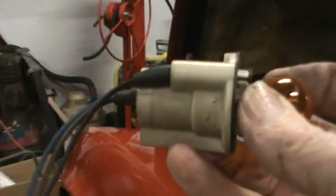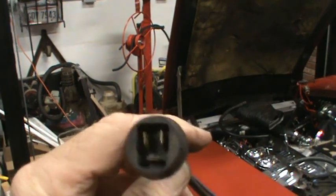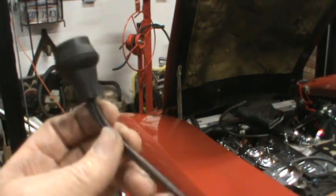These connectors are the same on the driver and passenger side. I just took the one from the driver's side, put it on the passenger side, and took the one from the passenger side and put it on the driver's side. Now the question is,